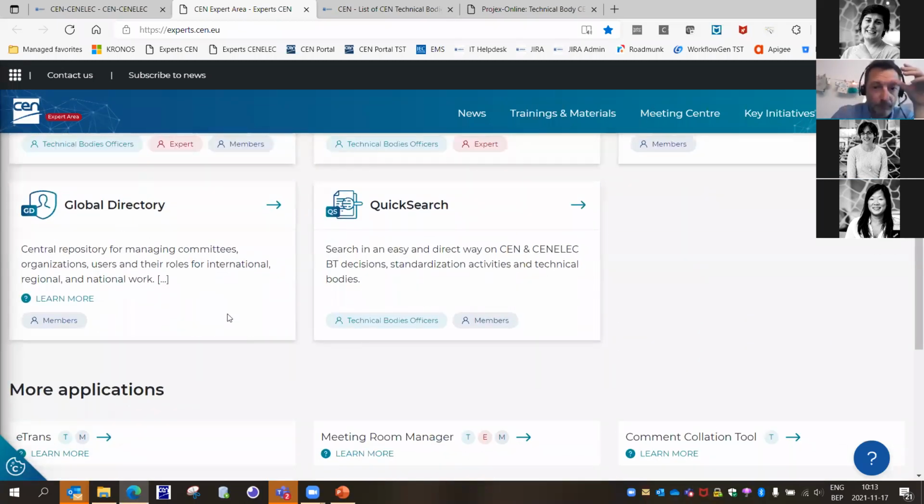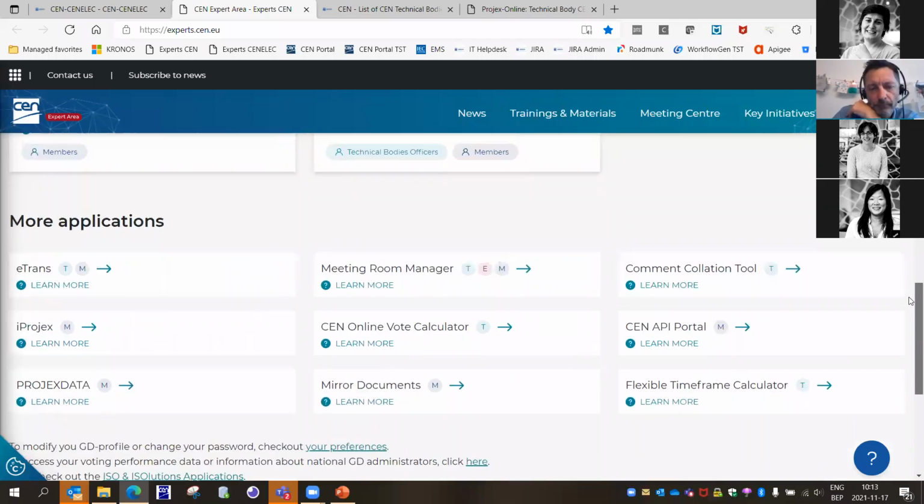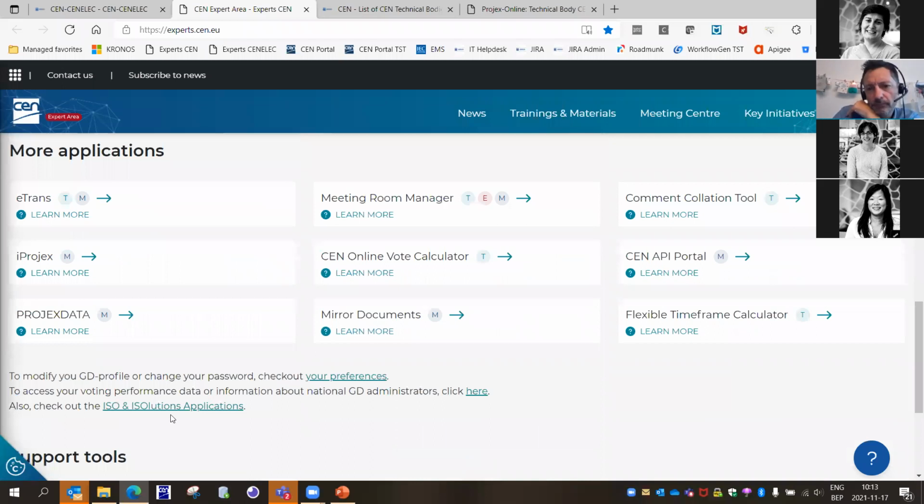This one is the global directory for your user administrators. We have a link to an application called Quick Search. And then below we have more applications, like access to e-trans and the meeting room manager to check the availability of the meeting rooms in the CEN management centers. We have the comment collection tool, a link to iProjects, and the CEN online vote calculator.